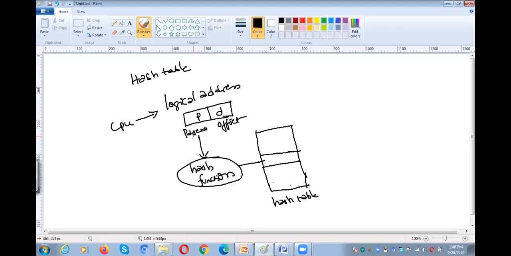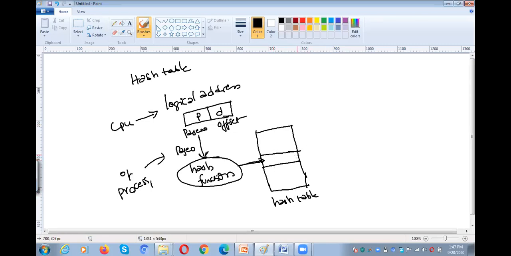For example, if you have given page number 0, page 0 of process 1 is given to the hash function so that it will give one hash value. That hash value is pointed to one entry in the hash table.